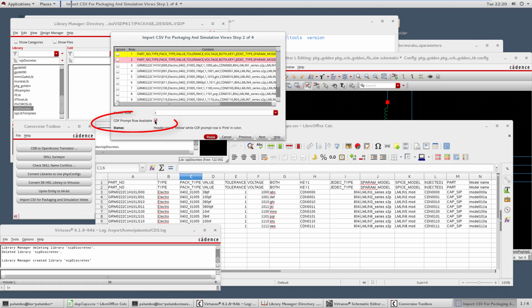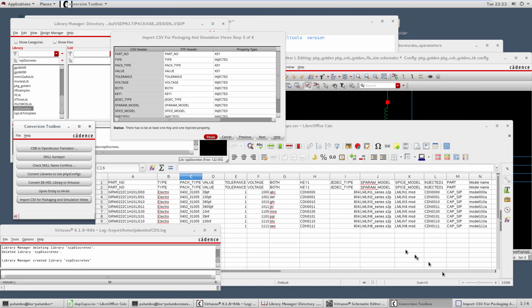So we'll select the CDF prompt row available checkbox. Depending on where our CSV file came from, this would allow us to have our header information in the first row, and then the second row be the name that we would like to use in the CDF in case the two did not match. We'll select the Next button in the wizard, and here we must define each of our columns or our properties